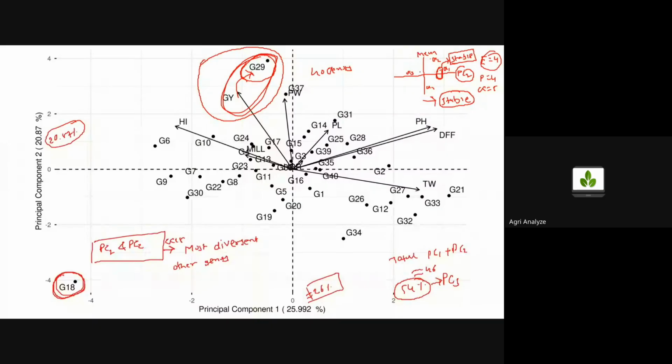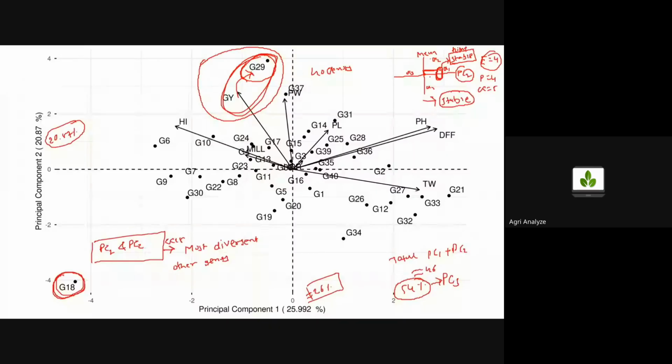So here, based on this, we can find that genotype 1 is stable, but it is a lower yielded genotype. This genotype is stable and also a high yielded genotype, because the mean of this genotype is greater than the mean yield. So based on this biplot analysis, we can find the stable genotype and high yielded genotype in AMMI analysis,